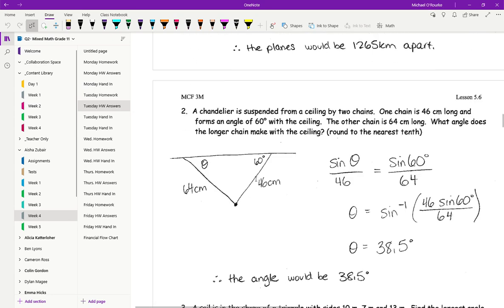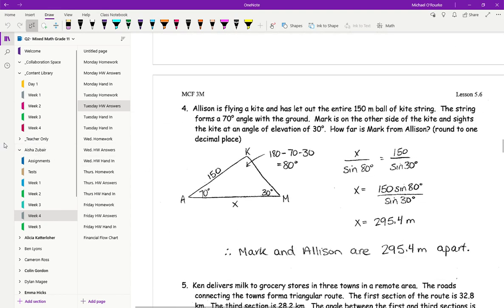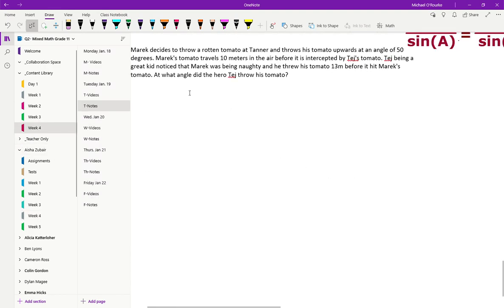Then the homework answers with the diagrams are here. Okay, so if you do get lost, take a peek at the diagram, right, and go from there. Does anyone want to go over this last question